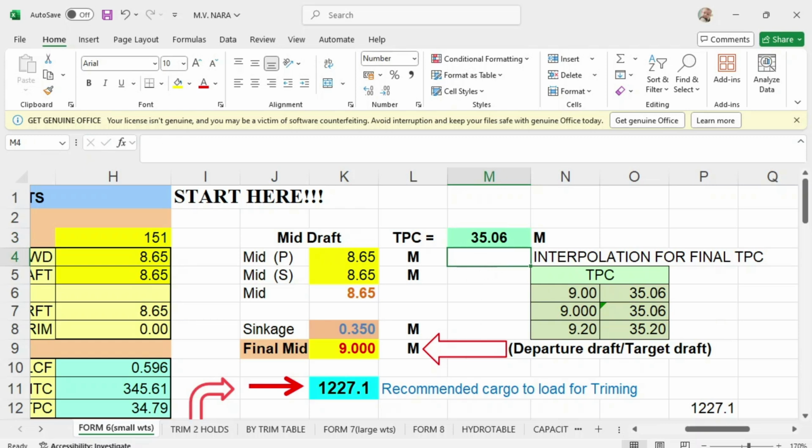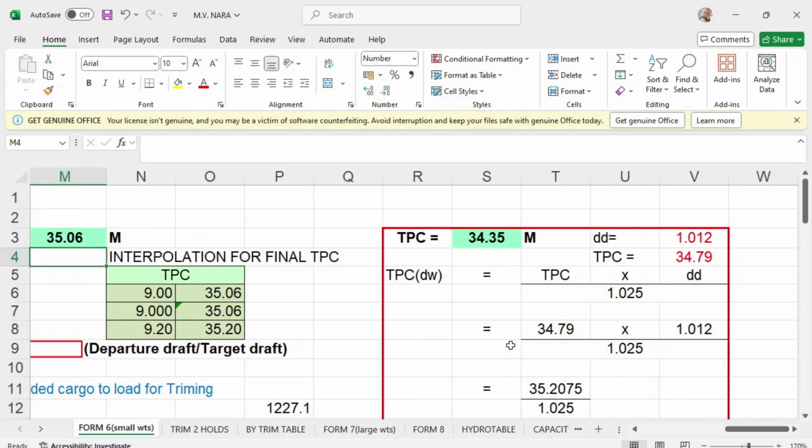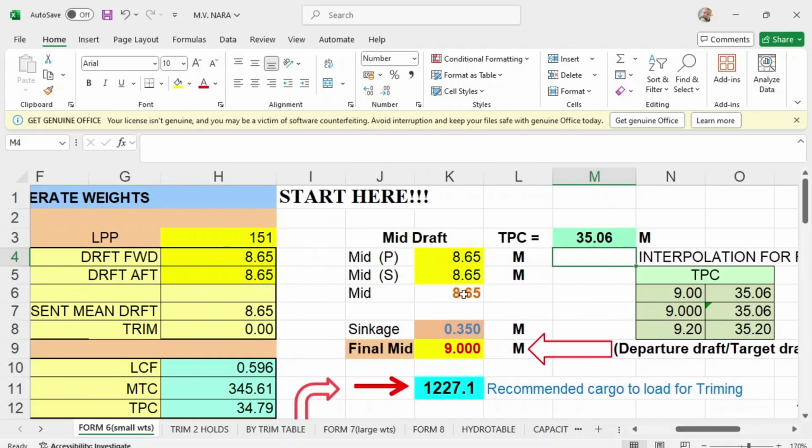So I don't need to use this program or computation, because in actual practice this already uses the actual density when you're reading the drafts at berth.